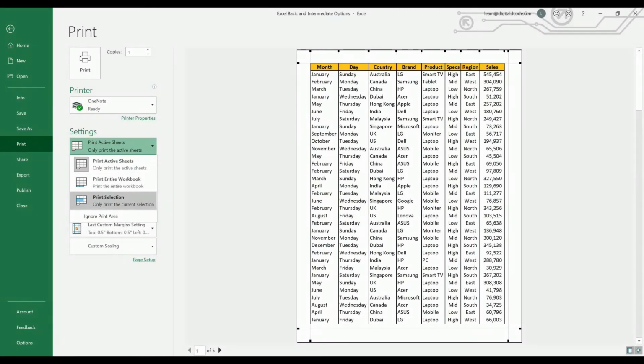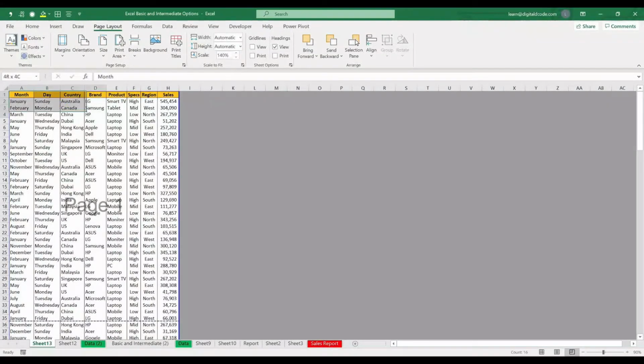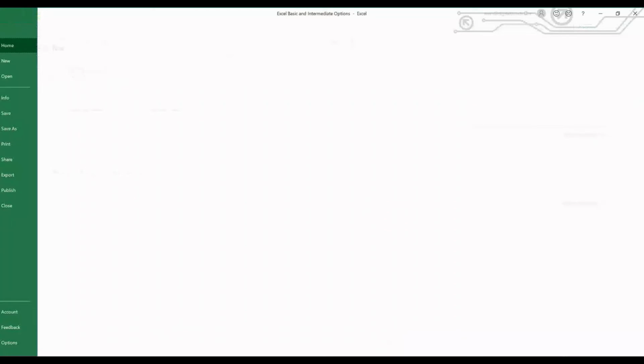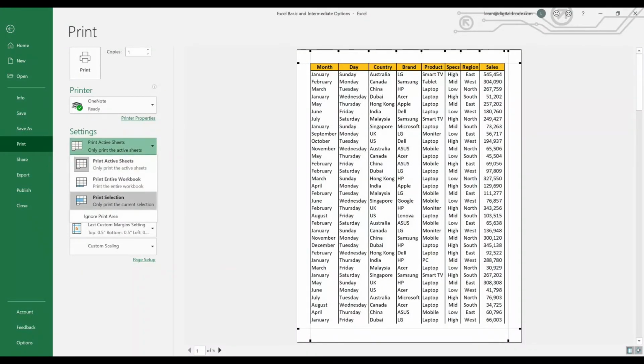And also you can use print based on the selection. Whatever data you selected, assume in this case I selected only these 6-7 line items, then it will take a printout only for the selected line items.